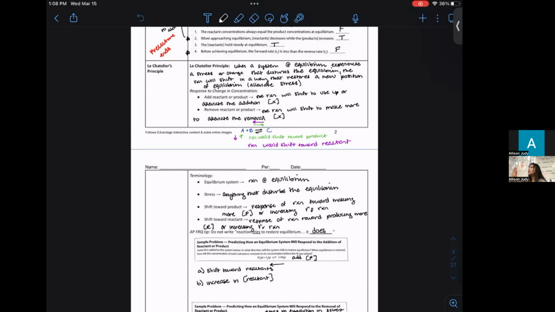If you shift toward the products, you're going to make more product relative to reactants to find a new position of equilibrium where there's a new balance between them. So you increase the rate of reaction in the direction you want to go. Okay. And the other reaction will kind of slow down to even out the addition or subtraction of something. Yes. In regards to adding molecules to shift the equilibrium point,